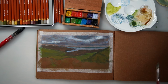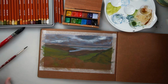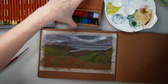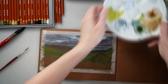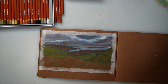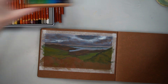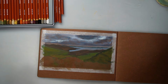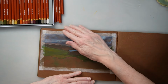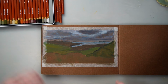Okay. Now I want this to be dry before I try and do any of the colored pencil work on it. I'm just going to set these things aside unless I decide I need them again. And I'm going to hit it with a hairdryer. Okay. Now,